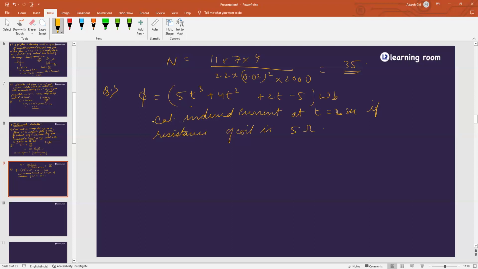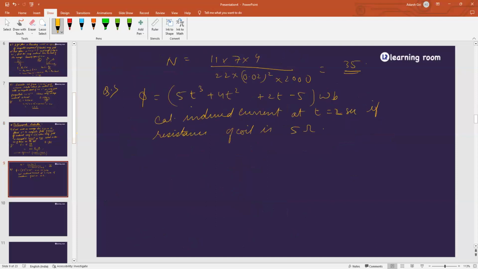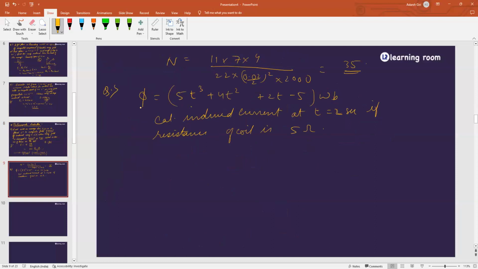Yeah, any doubt? For the previous question, I got the answer as 70, sir. Sir, I think you substituted diameter for radius, sir. I think it should be divided by 2. Oh yeah. Then if you do it, then the 4 will go up. In that case, the answer will be 70. Let me check it. If you solve this, one minute. So 11, 2